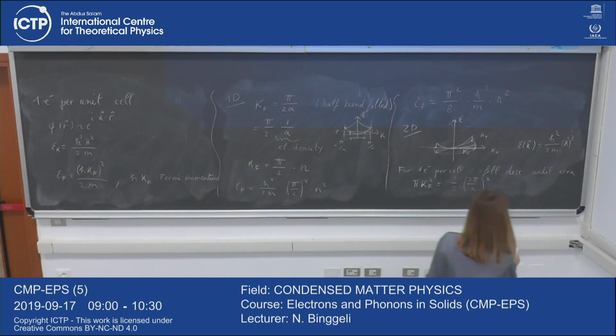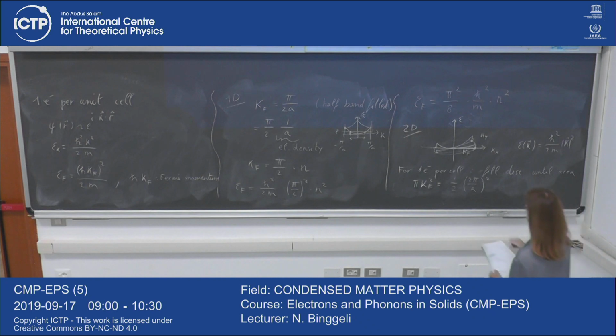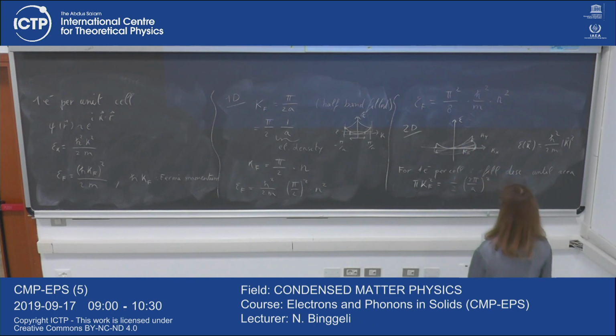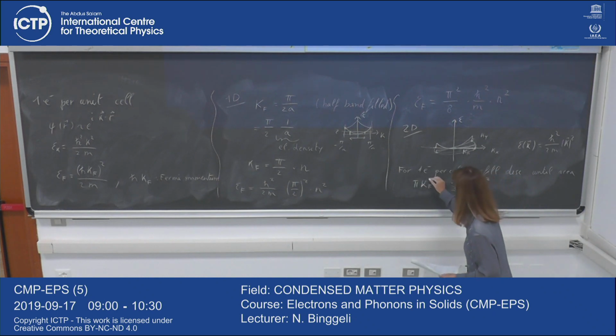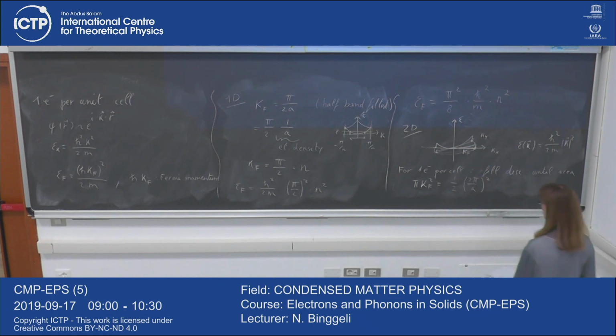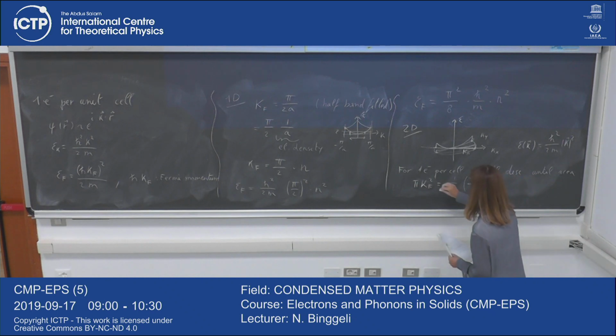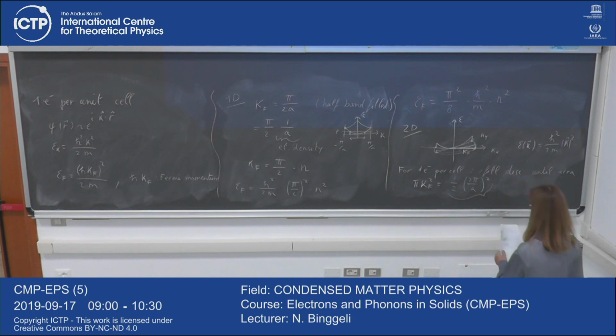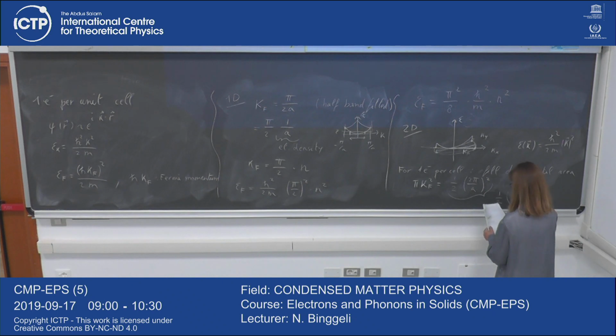Alright, so in two dimensions we fill the circle in K-space up to the condition where the area of the corresponding disk is equal to 1/2 the area of the Brillouin zone. This is for 1 electron per unit cell. If you had more than 1 electron per unit cell, you could generalize it as